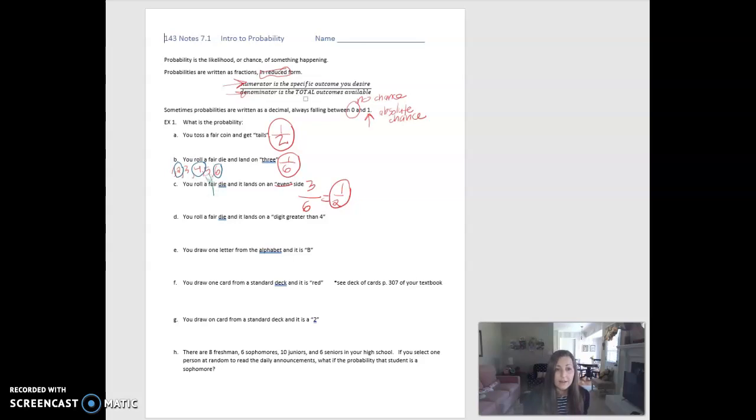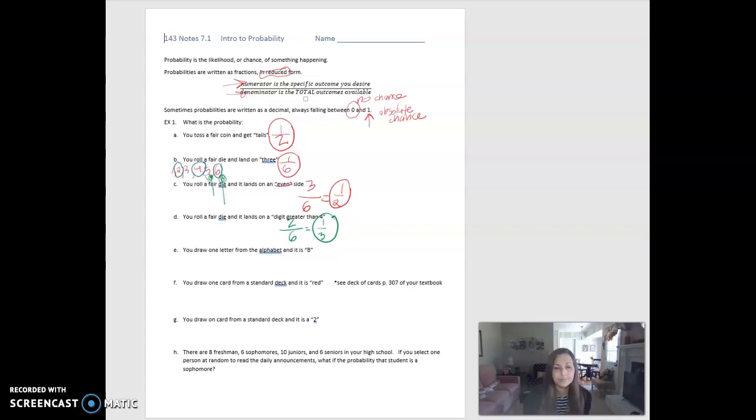Well, 5 and 6 are my only options that are greater than 4. So I either need to roll a 5 or I need to roll a 6. That gives me 2 options. So the answer to D is I've got 2 options out of 6, which reduces again to 1 out of 3. The probability that you're going to get a number greater than 4 when you roll a fair die is